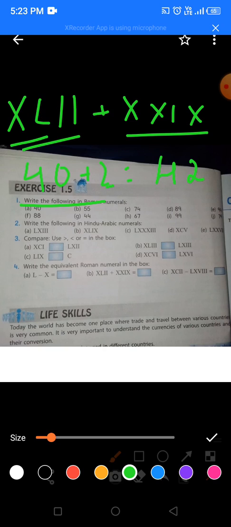So here 20 plus 9, 29. So this you will add. This will give you how much? 71. Yes, this will give you 71. So how will you write 71? First you will write 50, then you will add 2 times 10 and then 1. So this is nothing but 71. Okay children, am I clear?